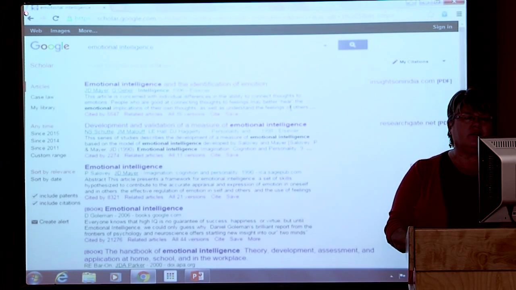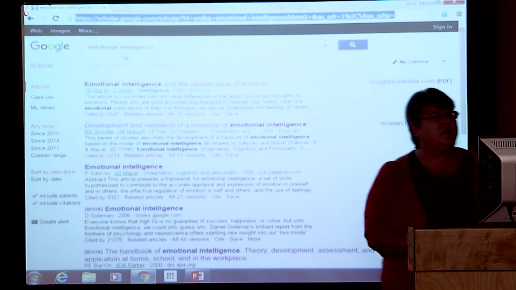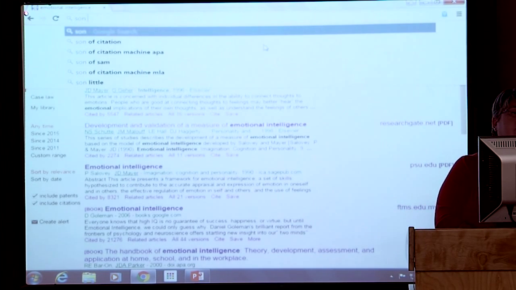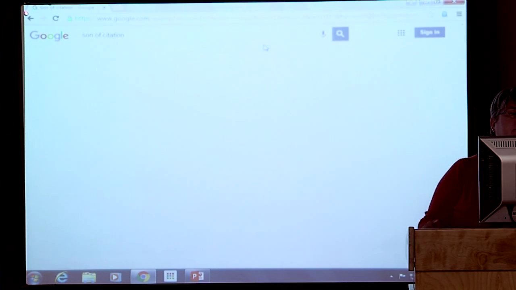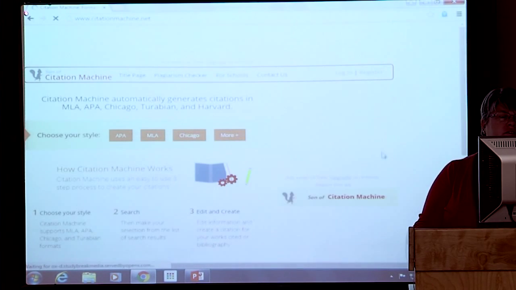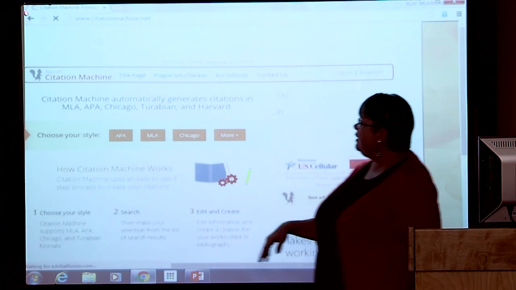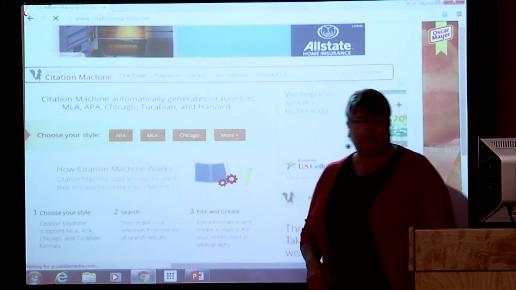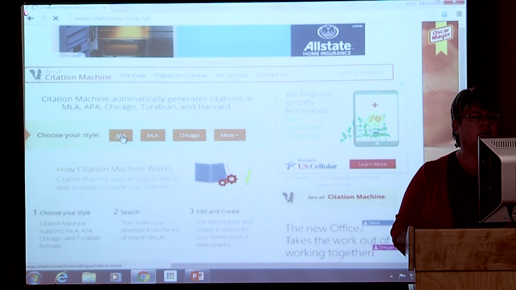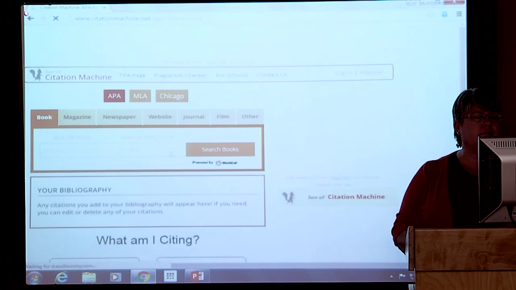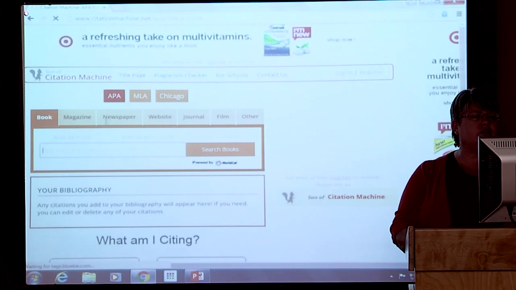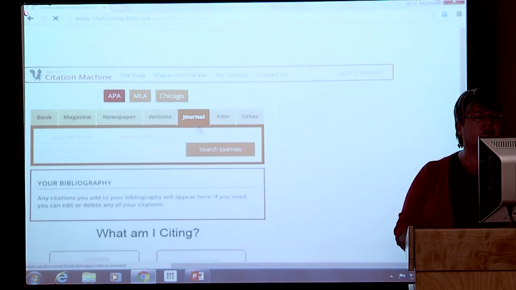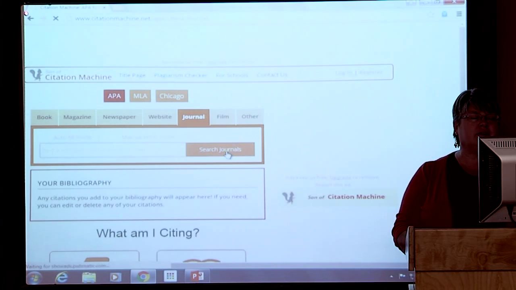All right. The other thing is, I know a lot of students will use Citation Machine, which is another way to generate citations. You plug in the information and choose your style. So let's say I want to use APA. If it's a book, journal article, newspaper, or website, I can put in the title.